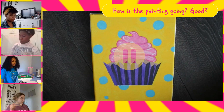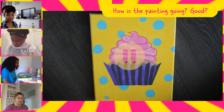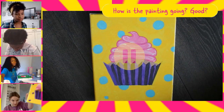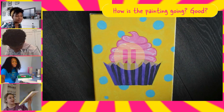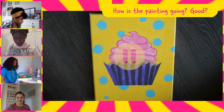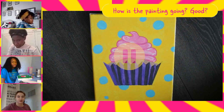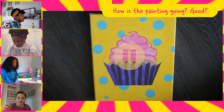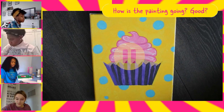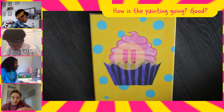I'm done with my frosting. That was kind of hard to add the white part, but yeah. The gradient looks really nice. Yeah, the gradient looks really good. I think I'm gonna go back onto the cake part because that's not that good. Should I press play? Or are you guys still working on the